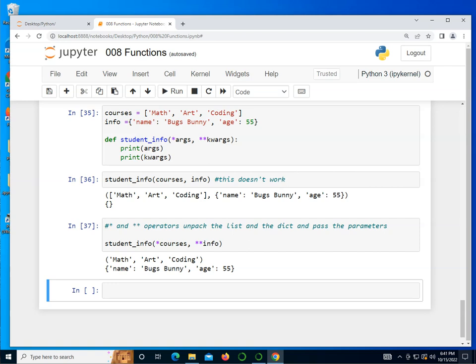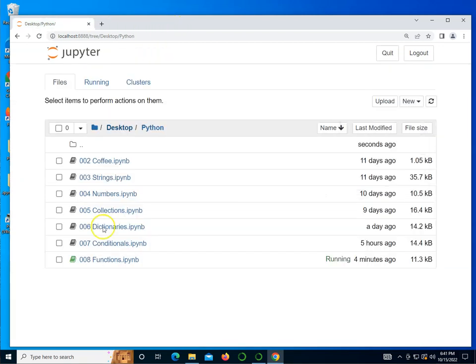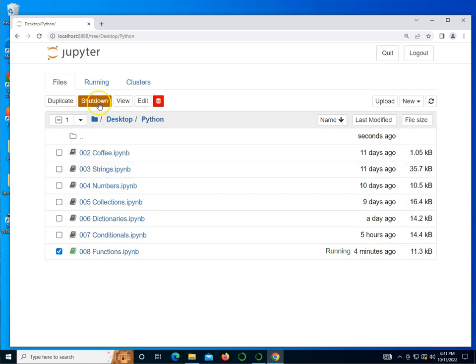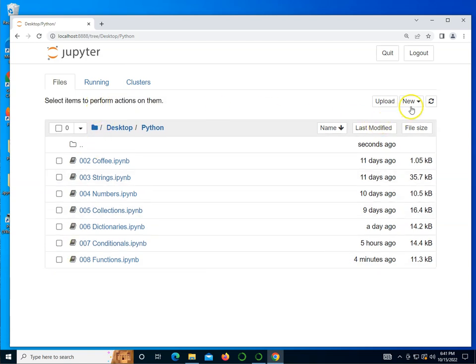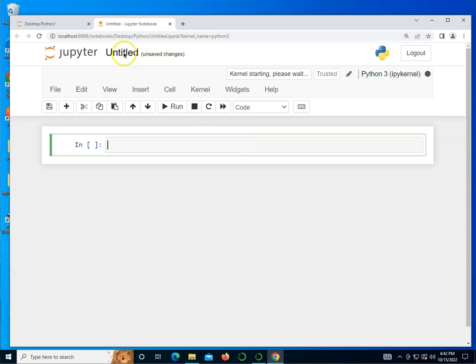Welcome back, everyone. The last video we did functions, and this one follows up on that one by showing you how to work with modules. So let's go ahead and see what modules are. I'm going to close this functions notebook, select it and shut it down, and create a brand new Python 3 notebook and call it 009